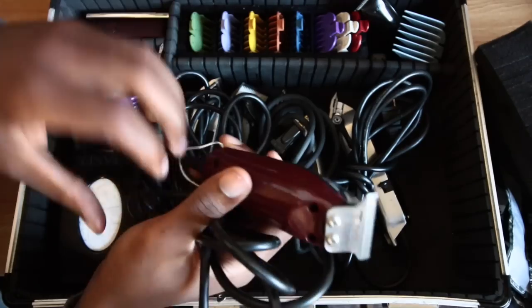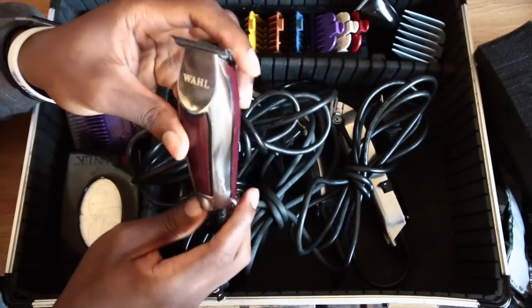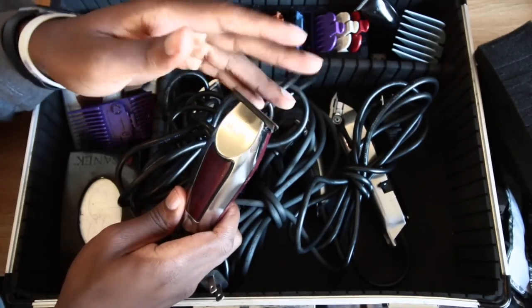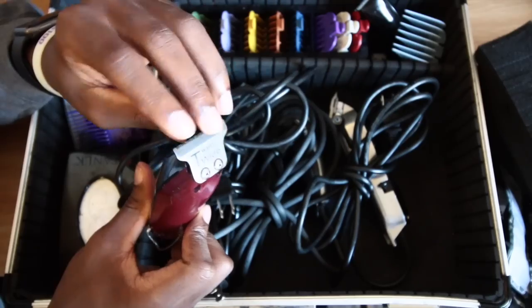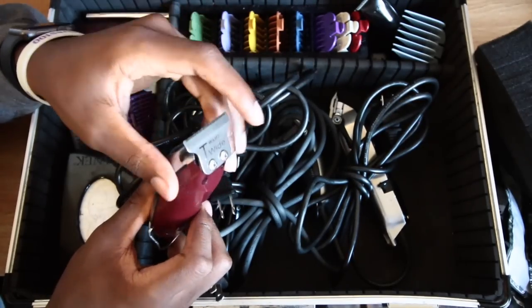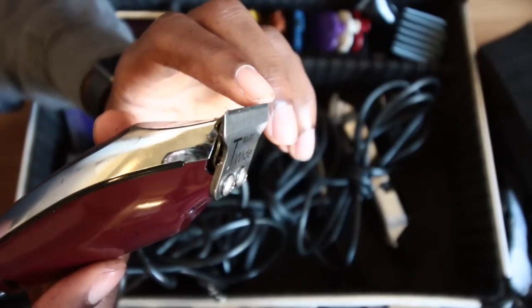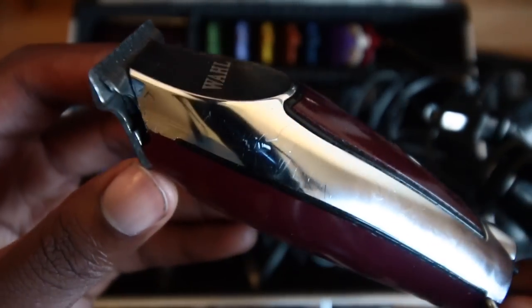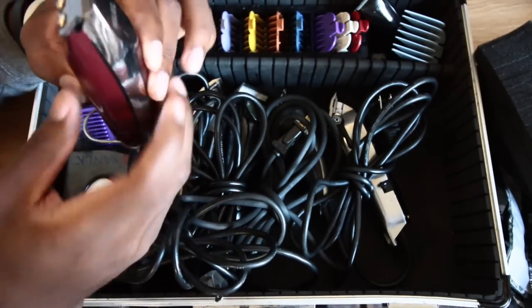Now for my last one, like I've said in other videos, this is one of the greatest edges I've ever had in my entire life. This one hits crazy. I don't know which one's better, this one or the Slimline Pros. Out the box, it's really the best clipper I've ever had. If you look at the side, it cuts close. It's really thin at the end, and that's how you can get some sharp lines. The power switch is right at the bottom, you don't have to move. You can just go like this